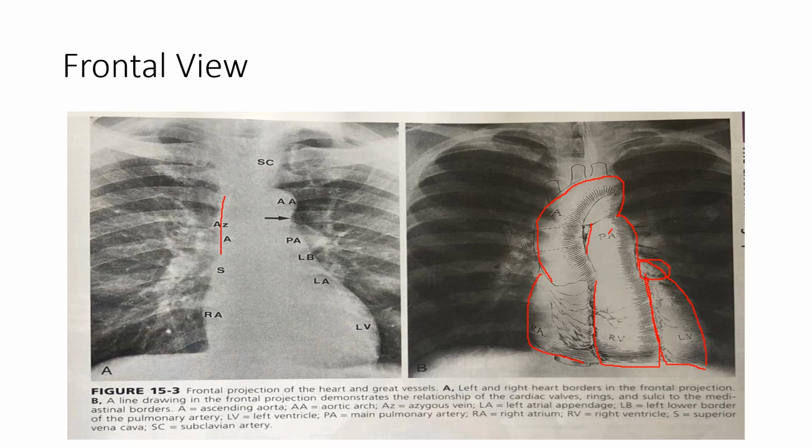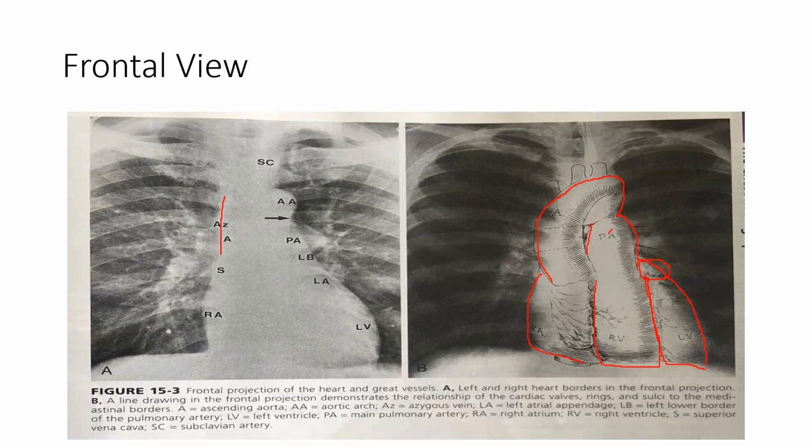The ascending aorta can be small, as in the case of ASD, or it can be convex outward, as in the case of aortic stenosis, aortic regurgitation, and hypertensive cardiovascular diseases. The ascending aorta should never project rightward more than the right heart border.